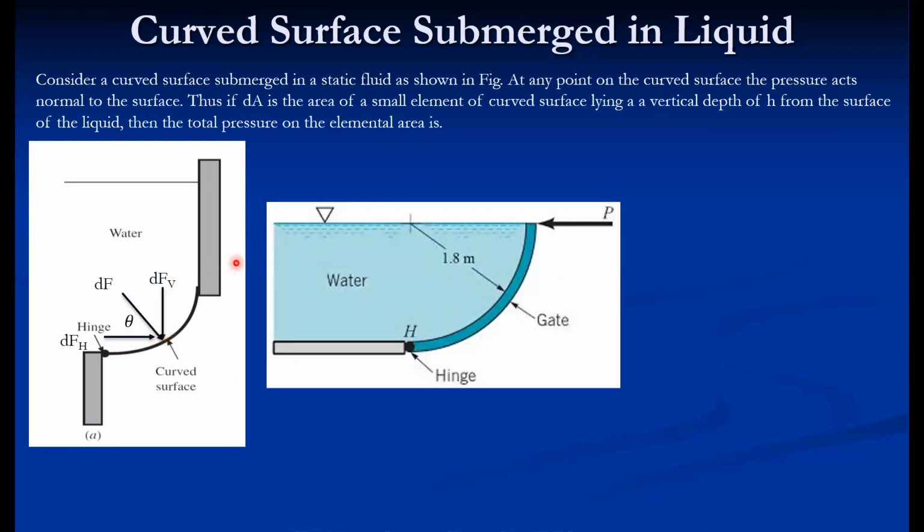for example, this particular situation arises in the case of a gate. The curved gate is used in most cases. Curved surfaces we can find again in dam structures. The gate experiences some forces, and in order to keep that gate closed, we have to apply some force on the opposite side. And at the time of opening, we have to release that force so that the gate opens and the water flows from the dam. Generally, most gates have curved structures, and so this is a practical application of this.